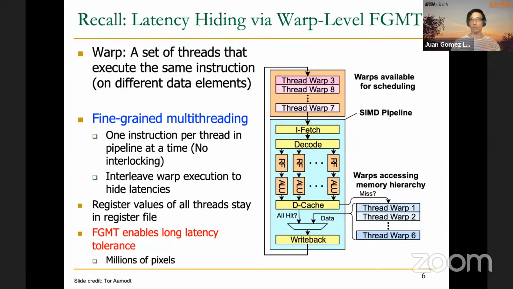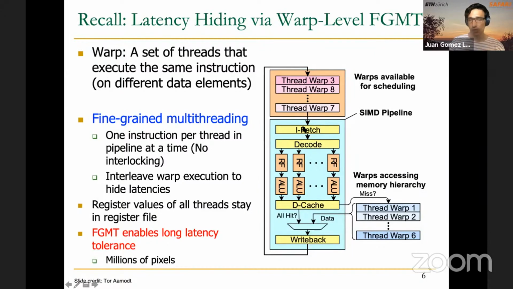The idea of fine-grained multi-threading is that we have multiple threads that are scheduled in different cycles, and there is some thread scheduler that fetches one instruction from a different thread in different cycles and issues this instruction onto the pipeline. In the case of GPUs, it is fine-grained multithreading of warps. This is why here in this figure you see thread warp 3, thread warp 8, and so on. In the end, each of these warps works as a thread in a traditional fine-grained multi-threaded architecture. And the good thing is that